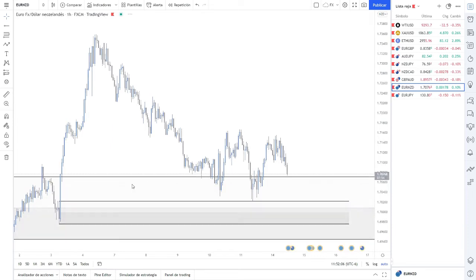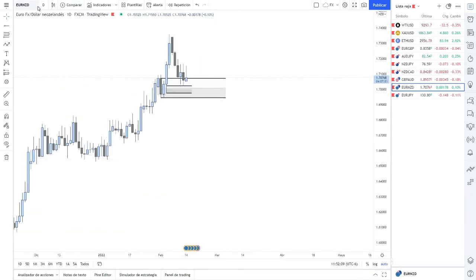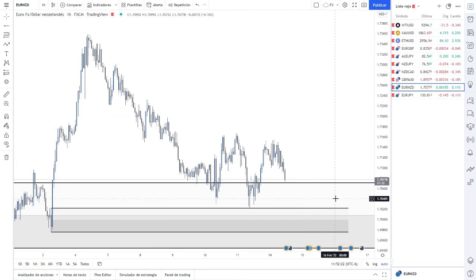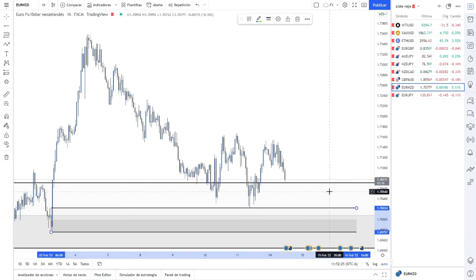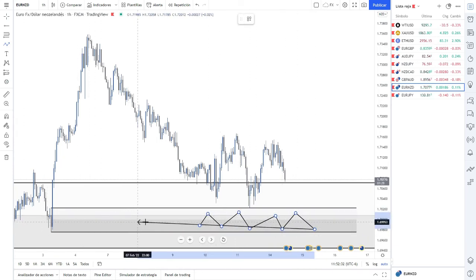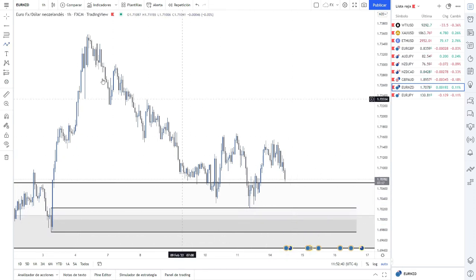Because we are at a daily supply level. The 4-hour is still bearish, all right? The 4-hour, this is our last high. The 4-hour is still bearish, but when we check the 1-hour time frame, here is where we can be looking for buy opportunities, right at this demand level in the 1-hour time frame. This 1-hour demand level is nested in our daily demand zone. So this is a nested level, and around here is where we can be looking